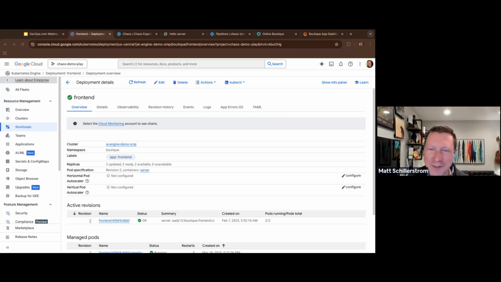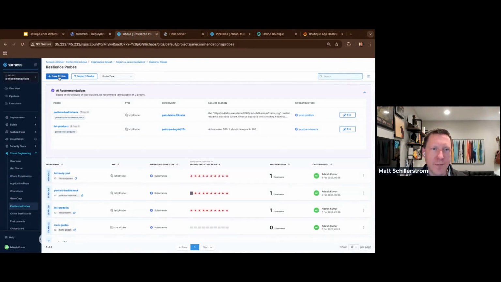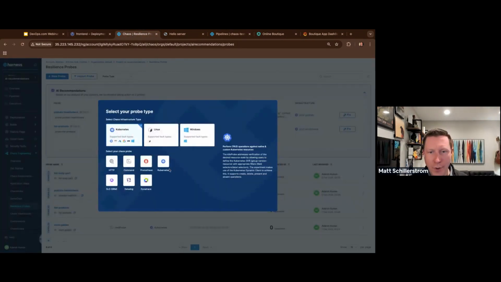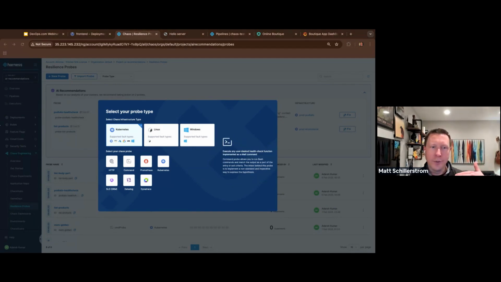Okay, but just to re-clarify, with a probe, and I can actually show you here too. So within a probe, whether it's for Kubernetes, Linux, or Windows, what have you, we have an integration with Datadog, Dynatrace, Prometheus, or Kubernetes, so you can interrogate the local Kubernetes system, like how many pods are up, how many containers, etc. Are there system events?